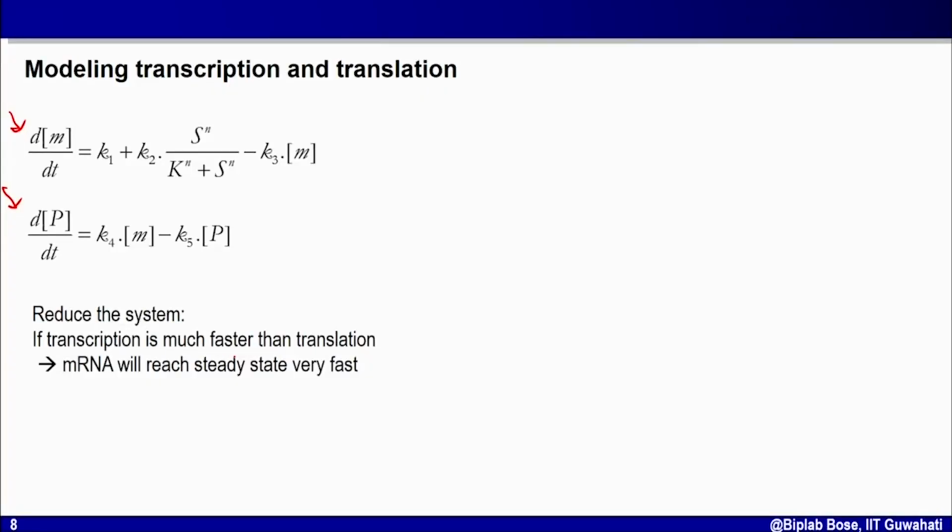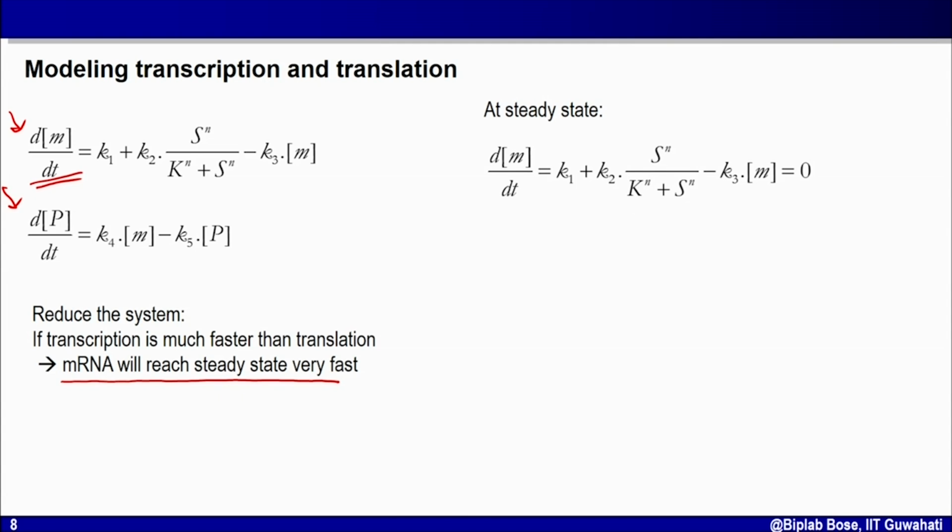So, what can I do? I can assume that if transcription is much faster than translation, mRNA will reach steady state very fast. That means I can consider dM/dt is equal to 0. So, let us do that. I can consider steady state for the mRNA, so I can put dM/dt equal to 0. That means this whole relation, K1 plus K2 into the Hill function minus K3 into M, is equal to 0. So, this M is the steady state concentration